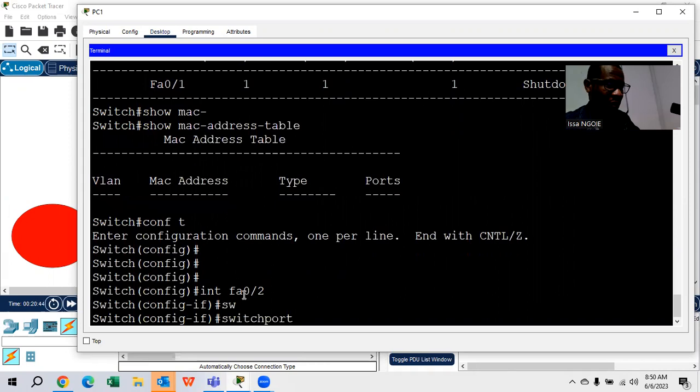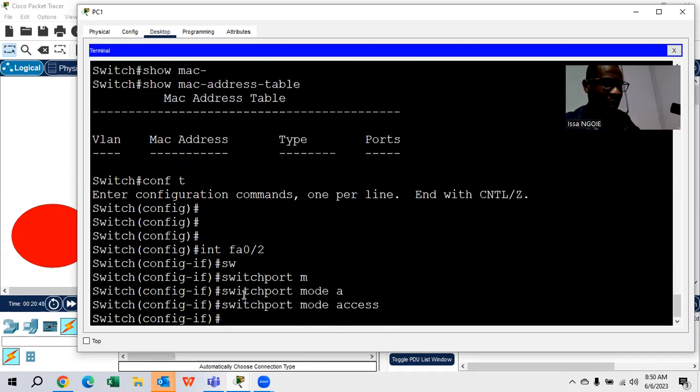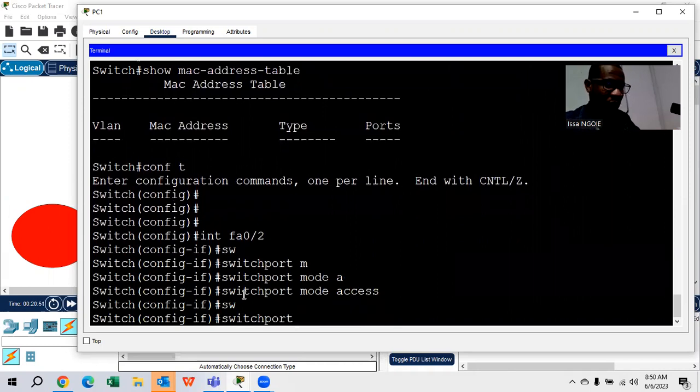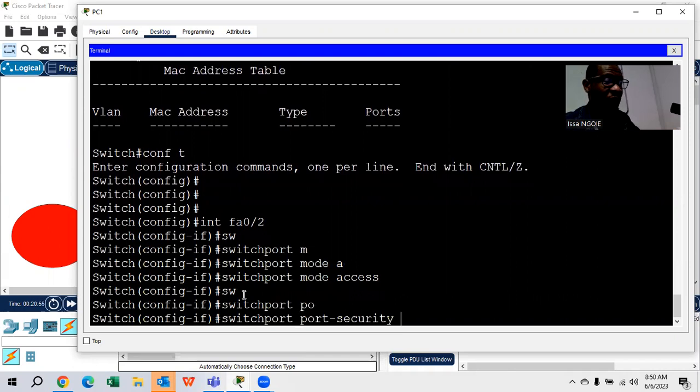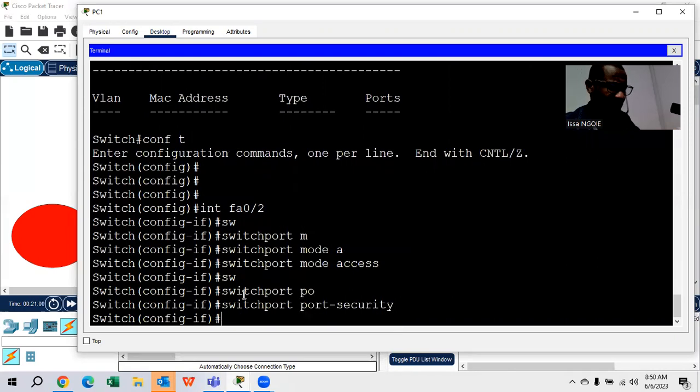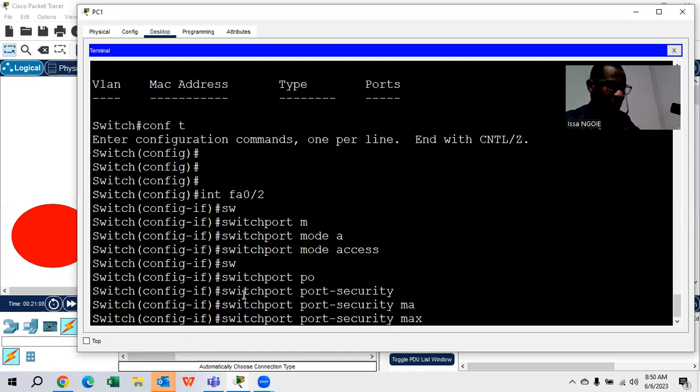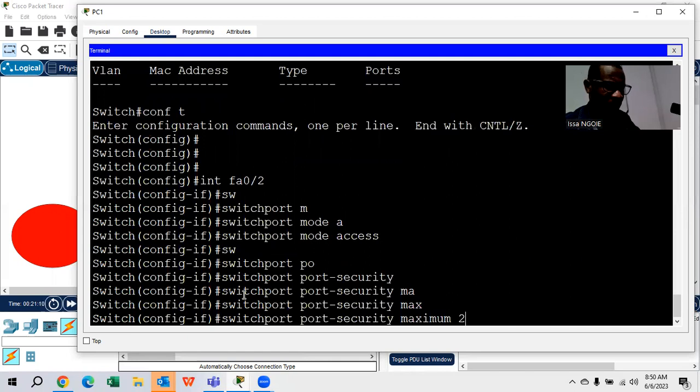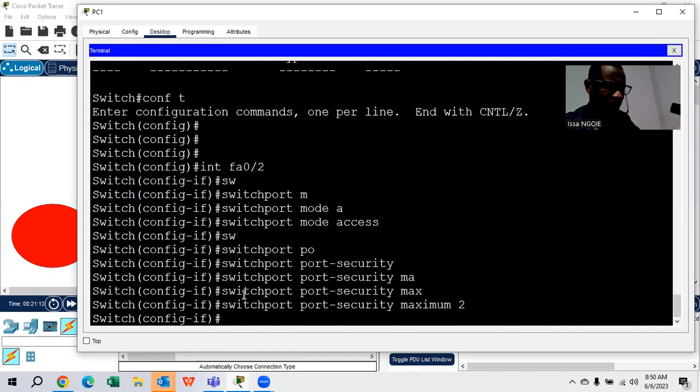We can make it like an access port. We can make it, we have to enable port security. After that, we can say port security maximum maybe 2, right? Violation,